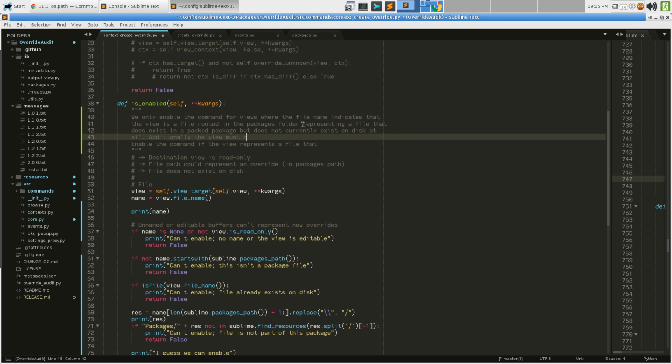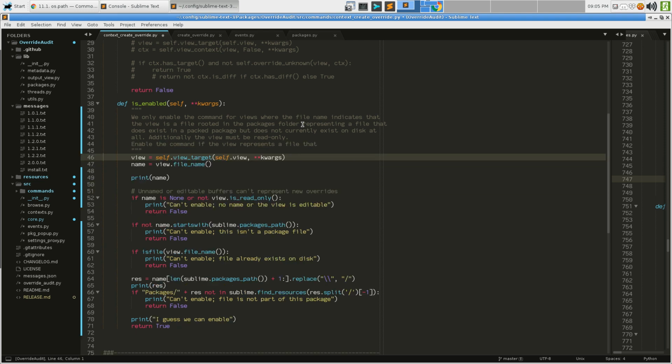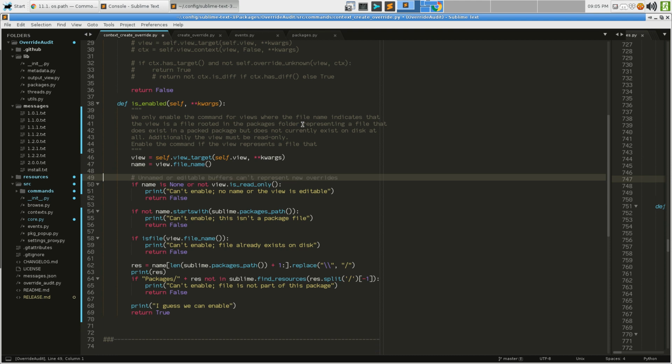Additionally, the view must be read-only in order for the... That part's not strictly necessary, but we need that. Whoops. I took one too far on that one. I meant to remove those ones. All of this stuff is really the stuff. Now,